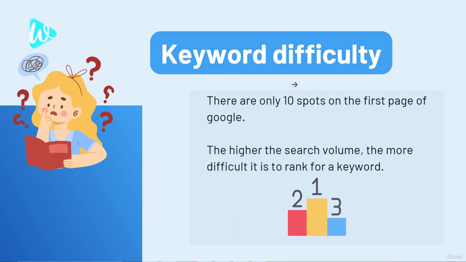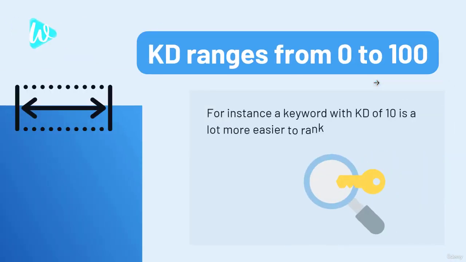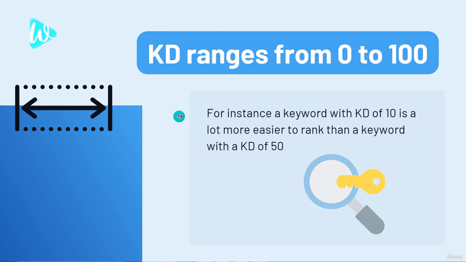Now, the higher the search volume, the more difficult it would be to rank. And so consequently, I need to introduce you to KD, or keyword difficulty. Now, keyword difficulty ranges from 0 to 100. It's a score, actually. In the past, Google used to give this information known as page rank. Now it doesn't. Back in the day, things were much simpler than they are now, and people didn't have to pay $99 a month for tools such as Ahrefs.